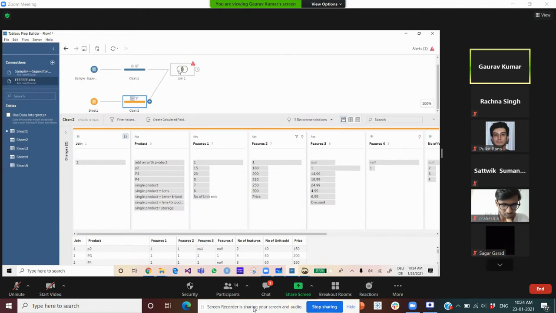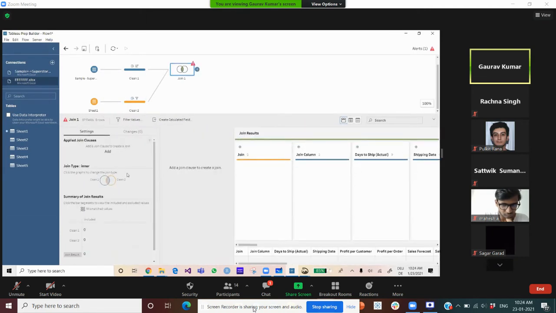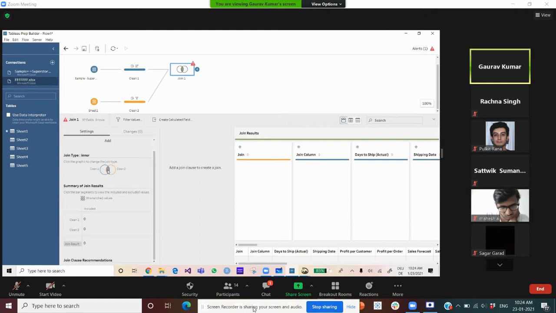Now what we'll do, we'll go here, and just click here. It is giving flexibility, like if you want to do some outer join and stuff, you just click both, and you will see the whole data will be done. But still it's showing a warning sign, because you haven't given any clause on which column both data sets will be joined. So what I will do,